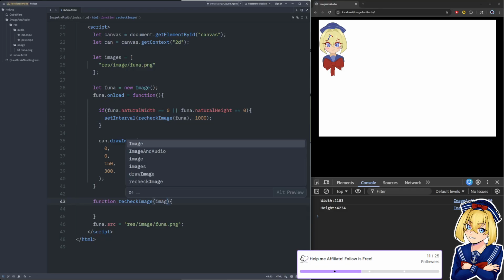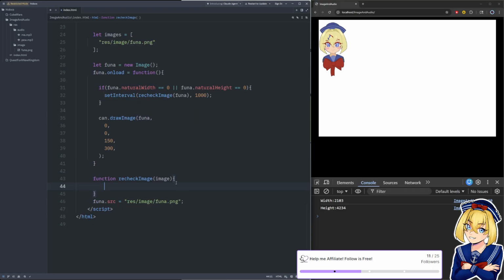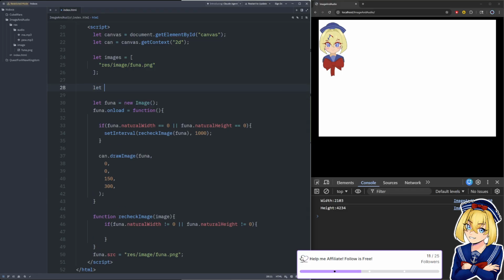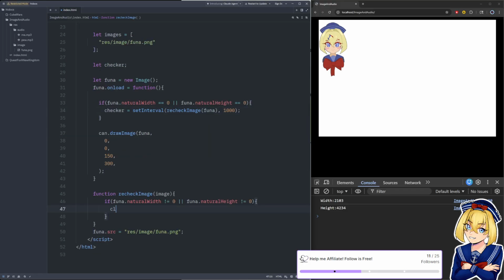So here we'll have image as the parameter, and we'll keep checking the natural width and height. But if it is not equal to 0, then let's make a more global variable. We'll say let checker, and then checker is this set interval, and then down here we can say clear interval checker.